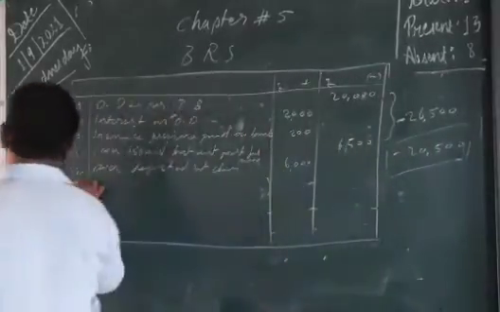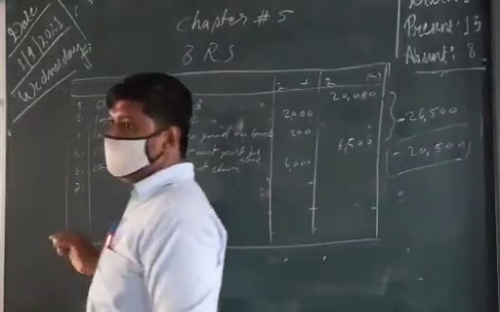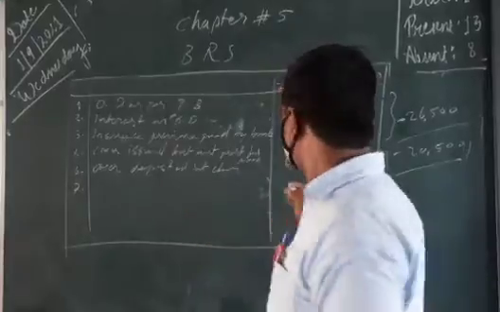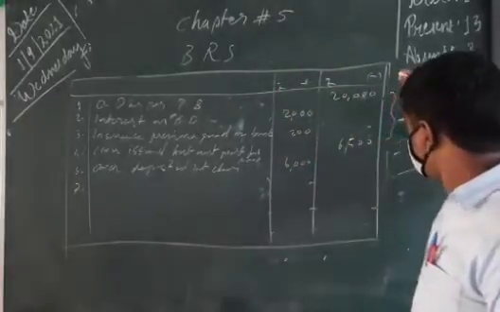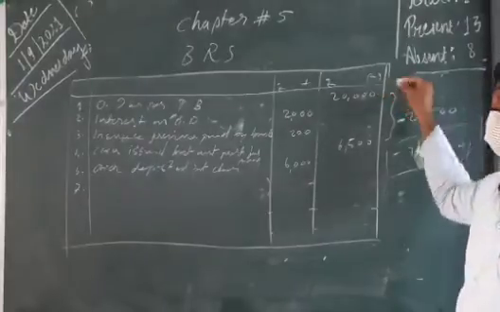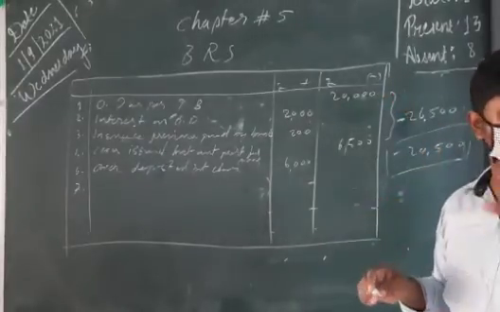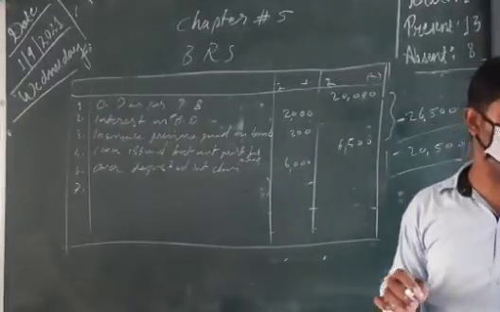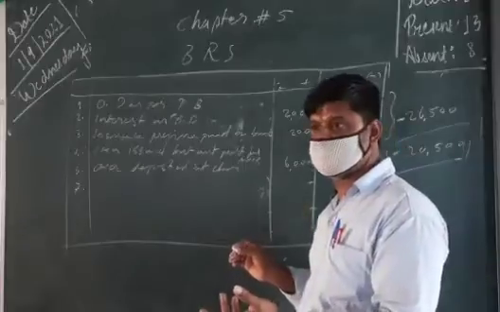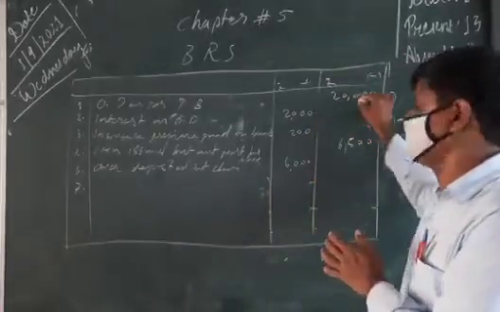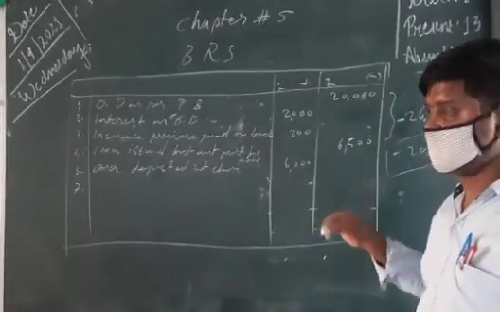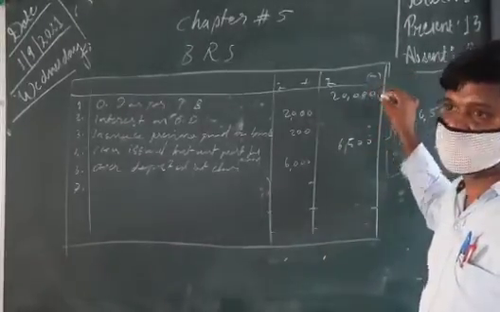Next is wrongly debited by the bank. See, when the bank wrongly debited, after debiting only, the bank got this 20,000. That means wrongly they did. Actually, they were not supposed to reduce that much amount. We cannot make any changes there. We can just inform the bank. Then the bank will rectify it, and whatever was reduced will come to our account.